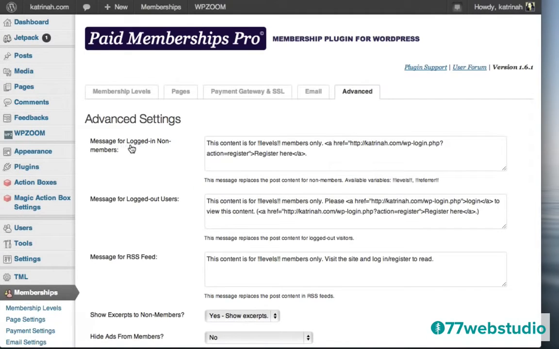Number one, we see a message for logged in non-members. We also see a message for logged out users. So the one that we need to edit is this one here that says the message for logged out users. And the message is, this content is for members only. Please, and there's a URL here, log in to view the content, or it says register here, and there's also